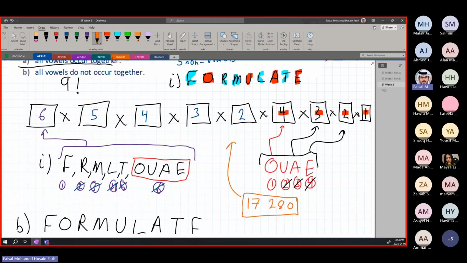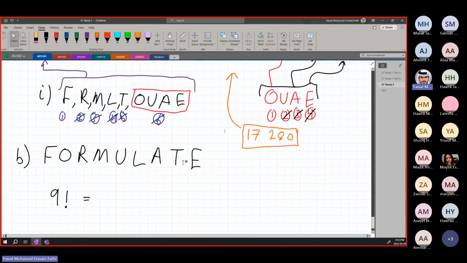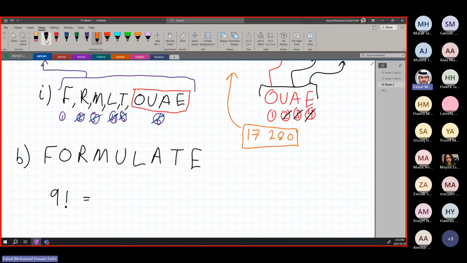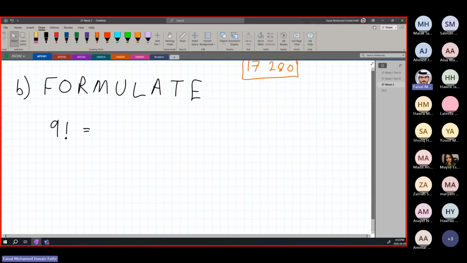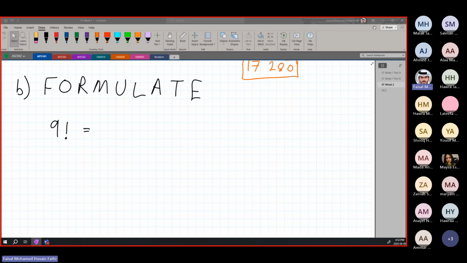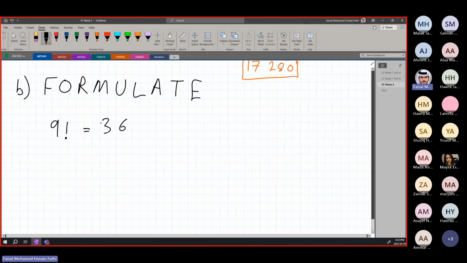Okay. Let's now find the total number of possible combinations. It is going to be 9 factorial, right? If there are no rules or regulations here, since they are all unique, we're just going to put 9 times 8 times 7 times 6 times 5 times 4 times 3 times 2 times 1, which is simply 9 factorial. All right? So let's put 9 factorial in our calculator. 9 factorial is equal to 362,880 combinations. So these are the total number of combinations possible. All right? These are every single possible combination.